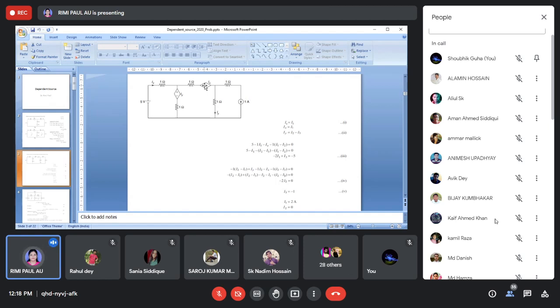Another thing you can do is apply the nodal method. Now you know how to find the branch current, because (5 minus VA) by 1 is equal to IX, and here VB by 1 is equal to IY. So you can easily find the branch currents IX and IY. Or another method you can apply is the superposition theorem, right? Then you have to short this path, with only one source acting, and you can solve the problem.